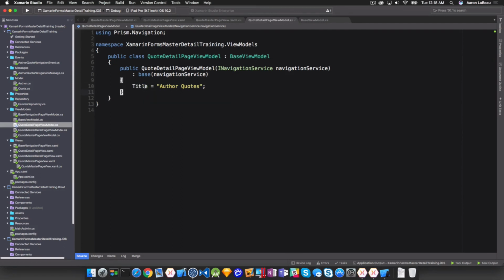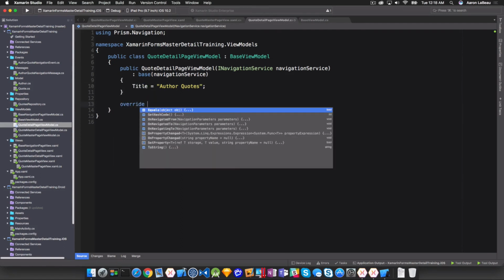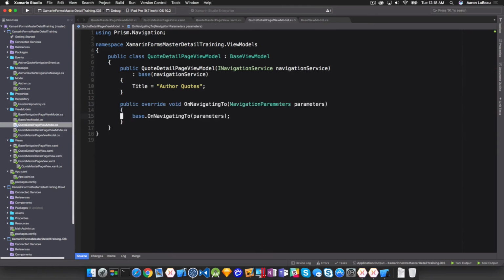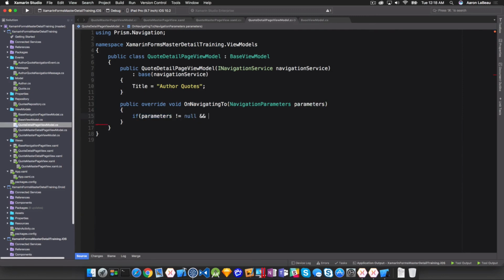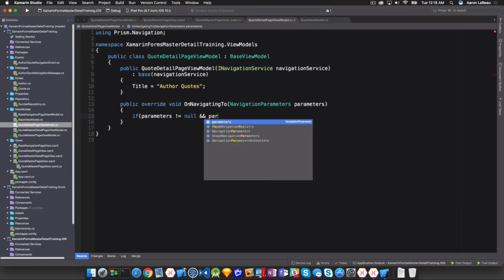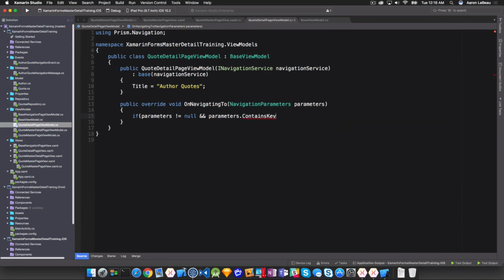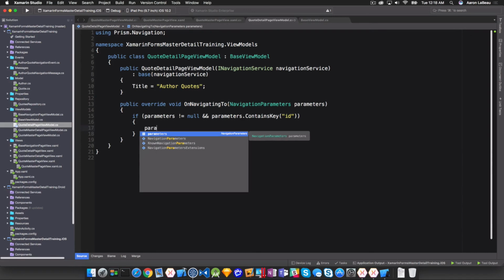Over here on our author detail page, we want to override, and we're going to get a list of those, and we want to say OnNavigatingTo. We don't need to call the base on this. What we're going to do is say, if the navigation parameters are not equal to null, and we have a key that we're looking for inside those parameters, and that's that ID that we set. So we're going to say if parameters contains key, and the key we're looking for is called ID. If it contains ID, let's go ahead and get that parameter out. So let's say parameters dot